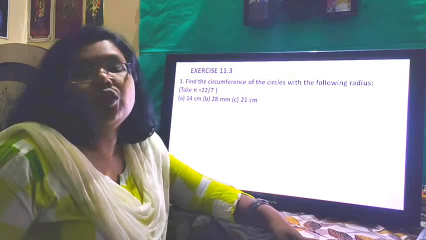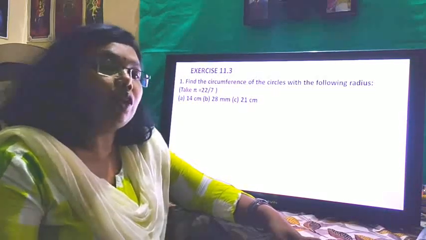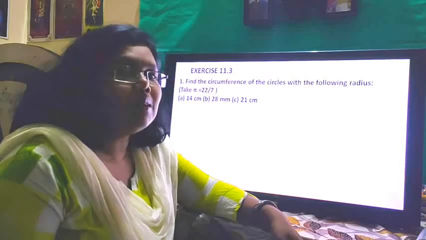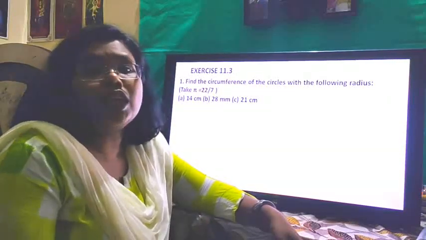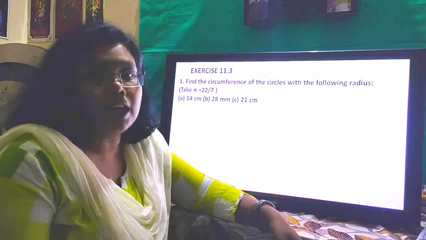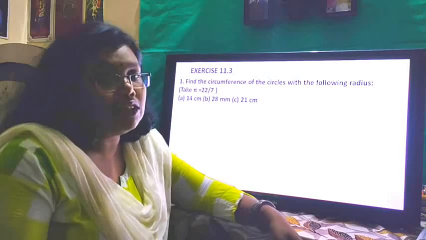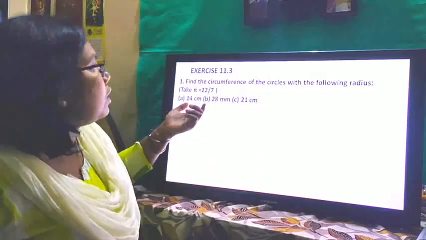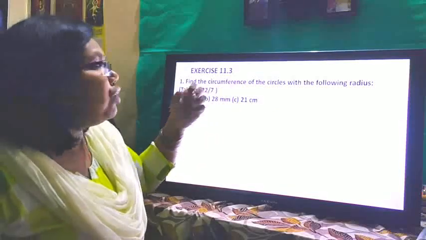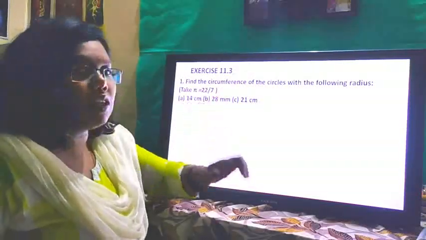Now here we have to use that 2 pi r or pi d to find the circumference according to what is available to us. In some cases we are given diameter, then we use pi d, and in some cases we are given the radius, so we will use 2 pi r in those cases. So depending on what's given to us, we would use the formula. Now in the first question we are given the radius. So we will be using 2 pi r and the value for pi is 22/7.